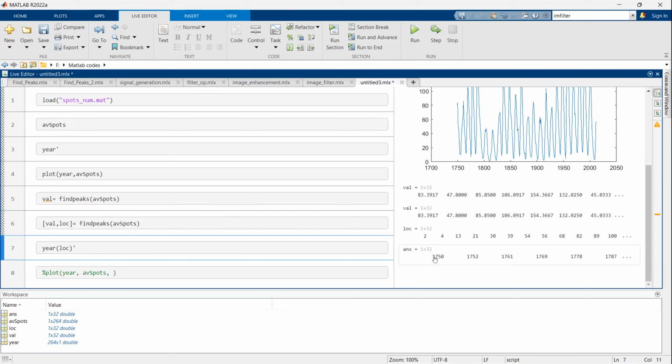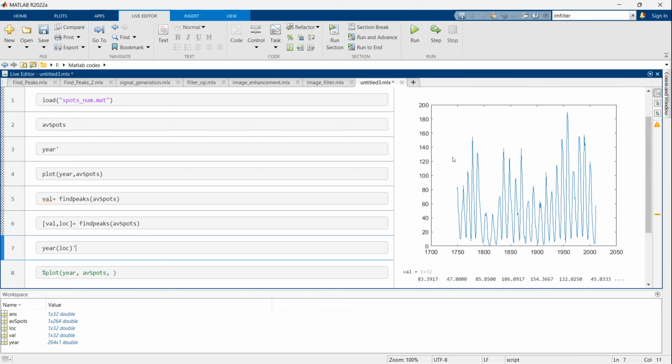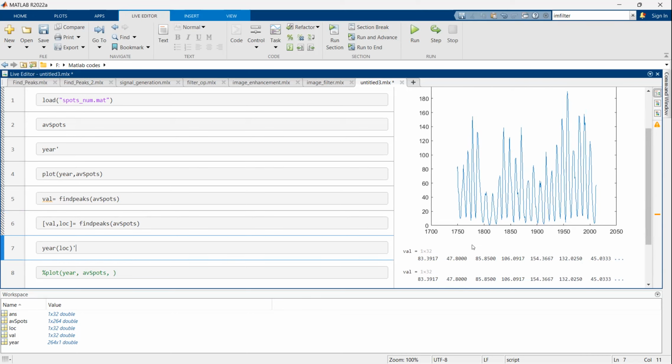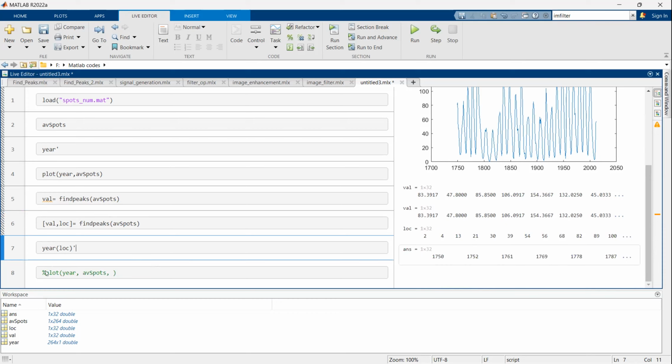So now you can see, the first peak it found was in 1750. The second peak it found was in 1752. The third peak was in 1761. You can see here, the third peak is somewhere here. So to visualize it properly, let's put it inside a figure. So plot, then year of this location, comma, my value, all the peak values. And let's identify them this way. Okay, so if I run it,